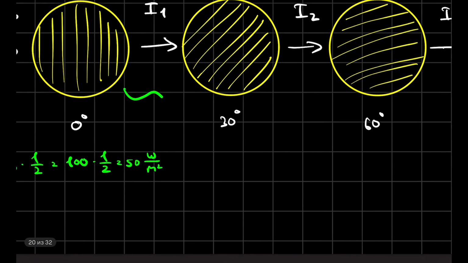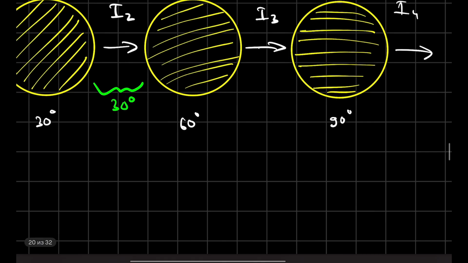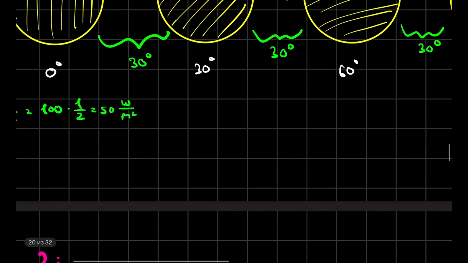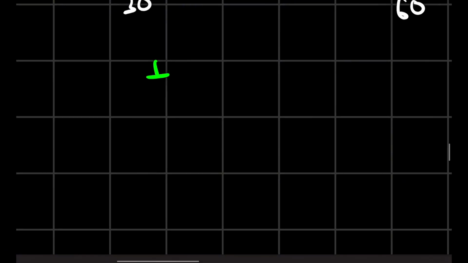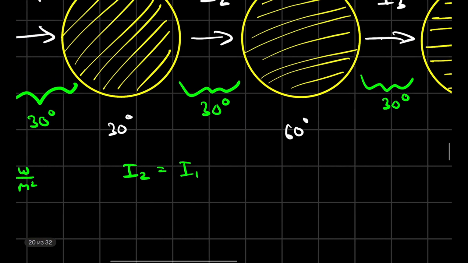Well, we can see that their relative angle is 30 degrees. The next time, it's again 30 degrees. And again, here it is 30 degrees. Then we see the same, very interesting tendency. We have here intensity 2, which is equal to intensity 1, and we apply this formula of Malus law. It would be what? Here we have